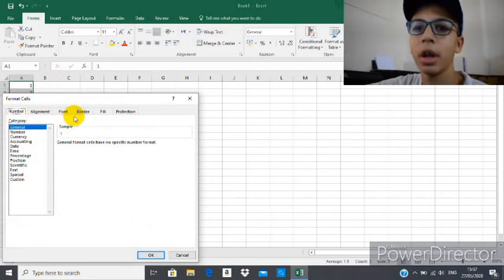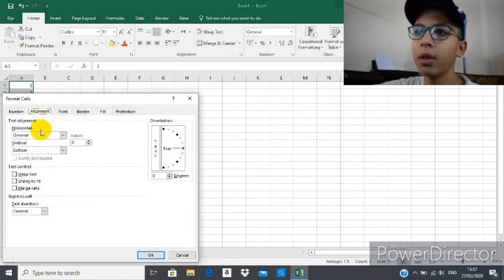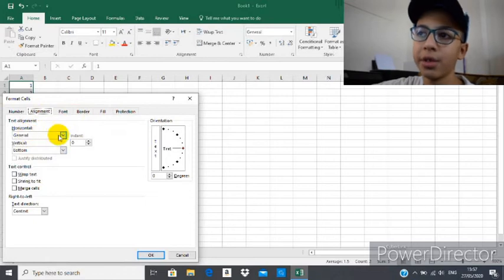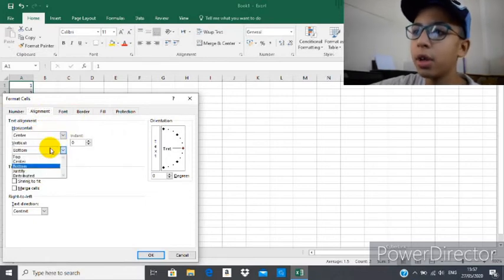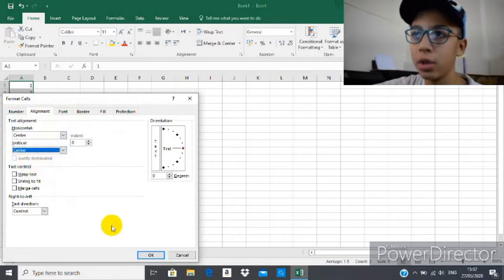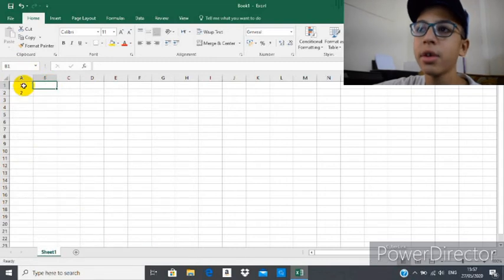You will press Alignment and then have here Horizontal, if you want it center, and Vertical also center, and then press OK to apply it. Here you will have the number in the center,